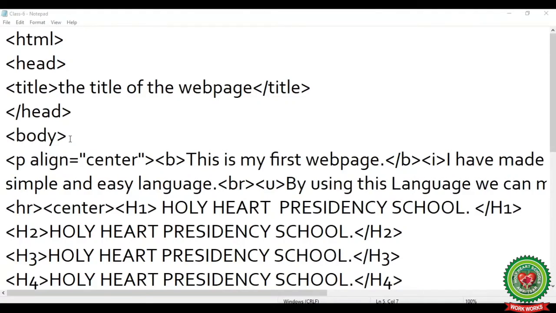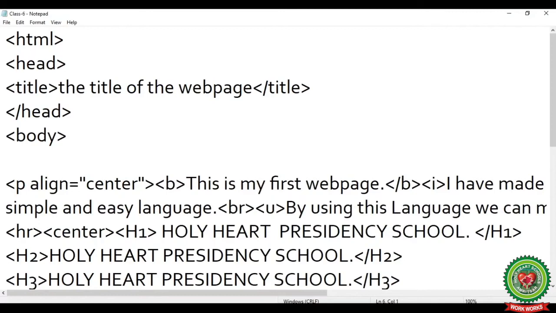To change the type of font, place your cursor after the body tag and press the enter key. Now in the empty space, we will apply font tag. Now type angular brackets and within the angular brackets type font. Now give space. To change the type of font, type face is equals to double quotes and within the double quotes type the name of the font type. For example, I am going to type the name of the font, that is Jokerman.